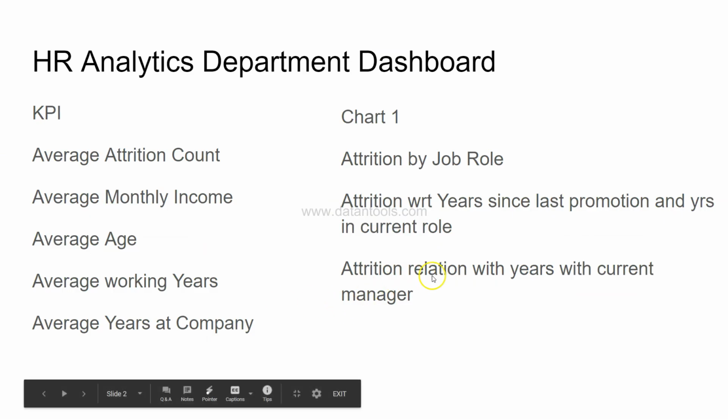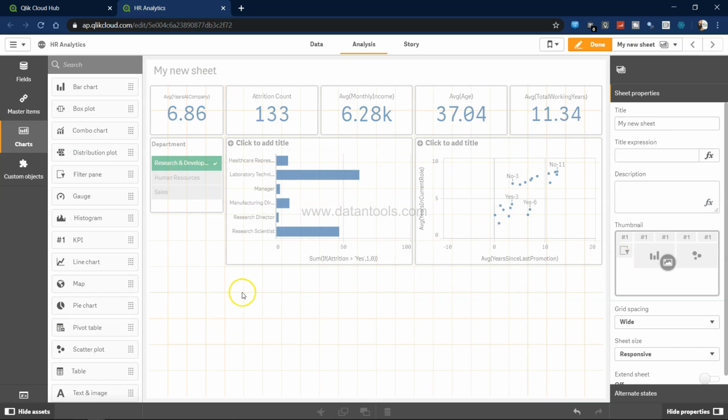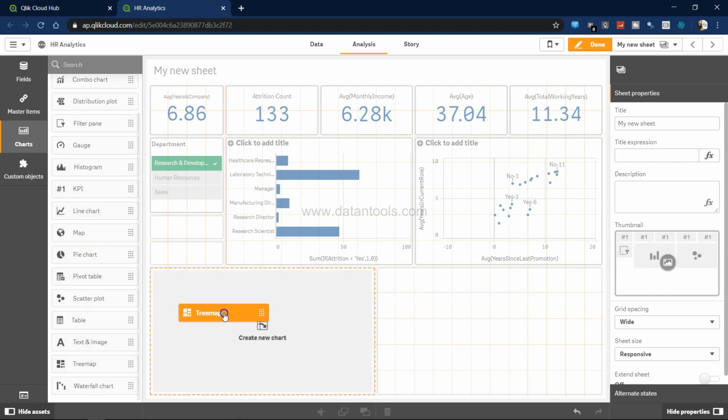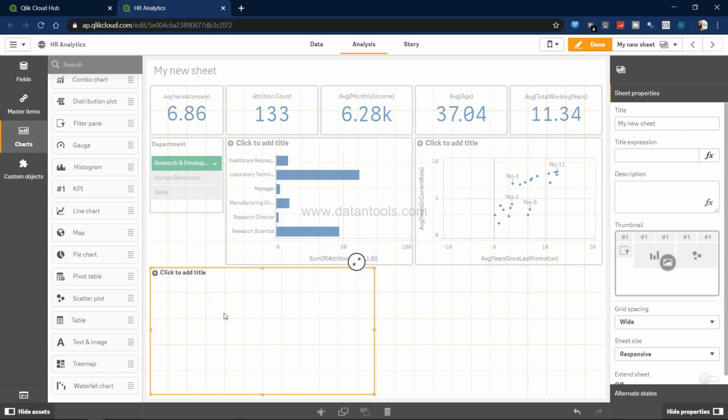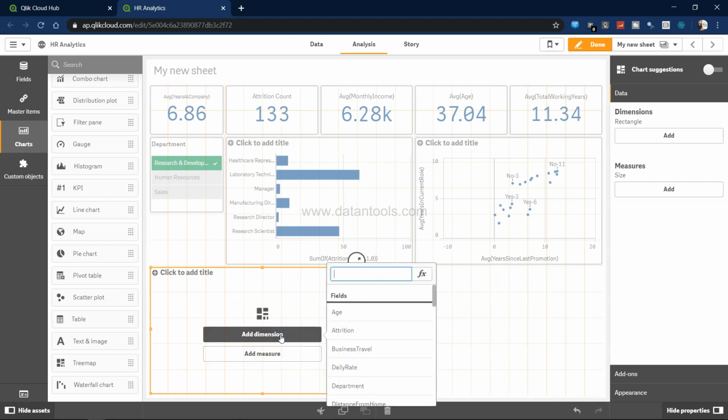All right, so now we'll move ahead and we're going to create the next chart, which is attrition relation with years with the current manager. Okay, so attrition in terms of years with the current manager. So for that, what I can take is another chart to show it very effectively, which is a tree map chart. And I'll just create a tree map chart so that I'm able to use this space. And I will say years with the current manager. So this is more of a measure, and attrition is our dimension,